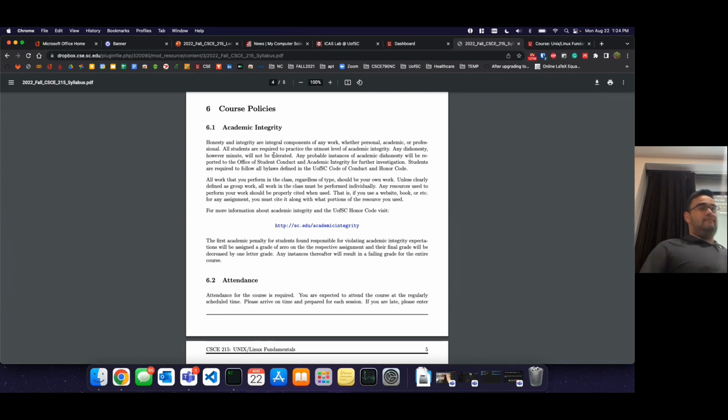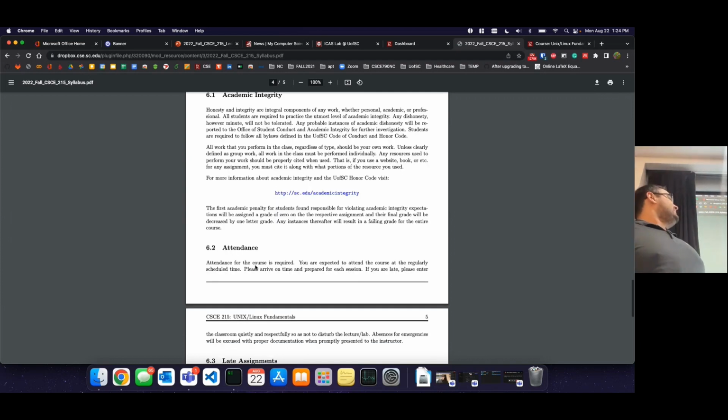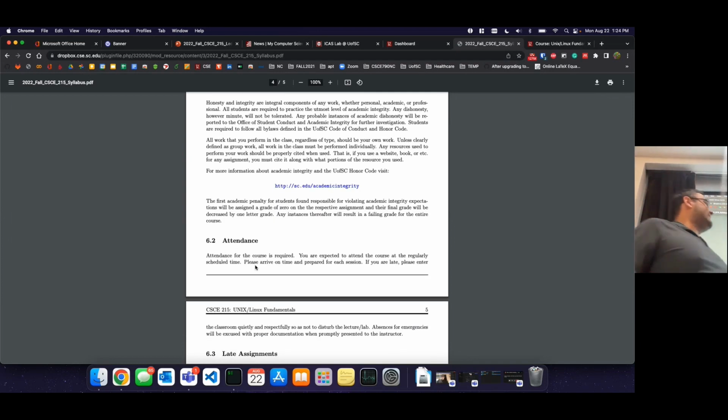And I want to give specific emphasis to the penalty if you're caught cheating. If you get caught the first time, you get a 0 on the assignment and a whole grade letter deduction. So if you're at a B, you go down to a C immediately the first time. The second time, you fail, right? I'm being harsh because I'm trying to give you every opportunity not to cheat.